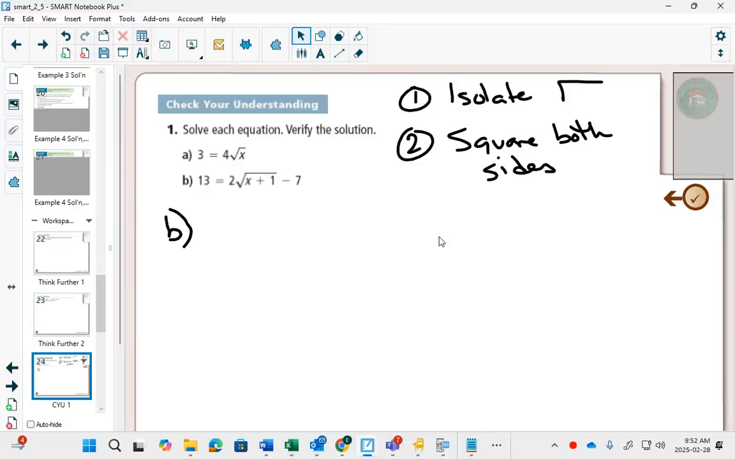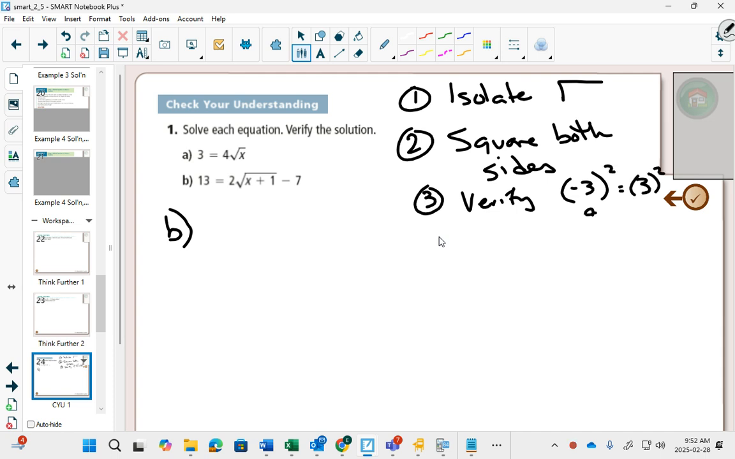A little recap from yesterday. If you're solving a radical equation, which means there's a variable inside of a square root, you have to get that square root by itself, and then if you square both sides, it would get rid of the square root. But I should put it as a third step, because it's possible to get something that